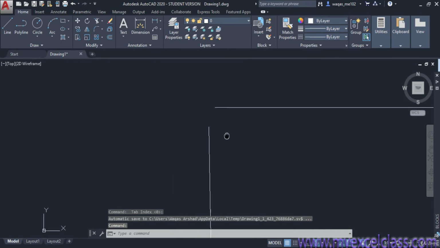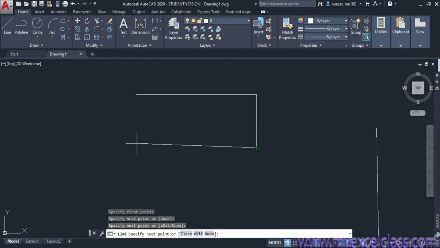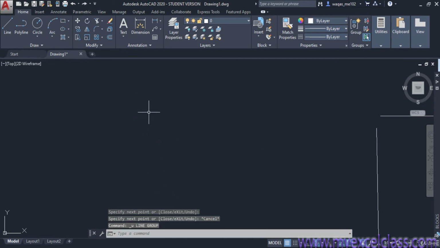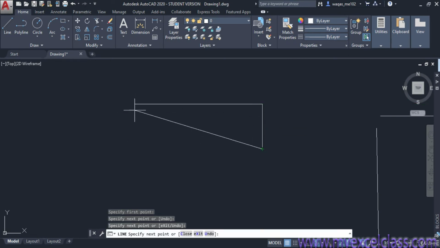Let me tell you, suppose I want to draw a rectangle using this line command, and now you turn on this object snap tracking. Now it will be easy for you to take reference from here. So it will be possible for you to take reference from here.